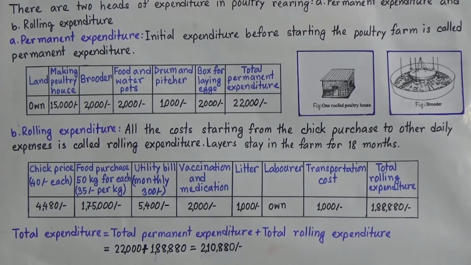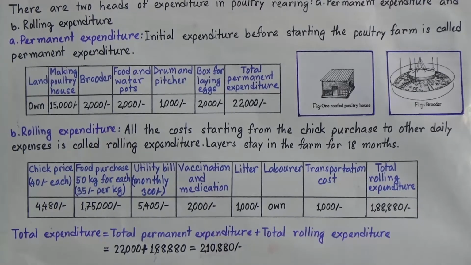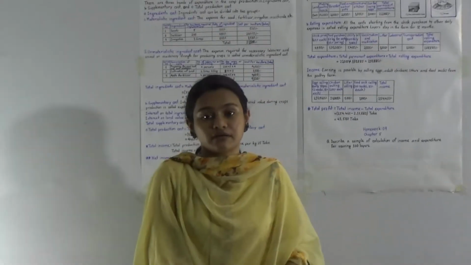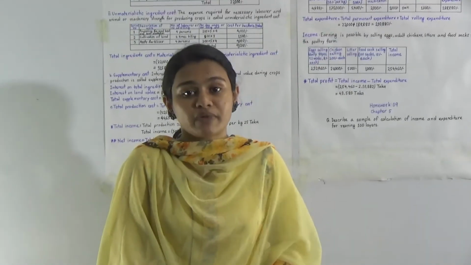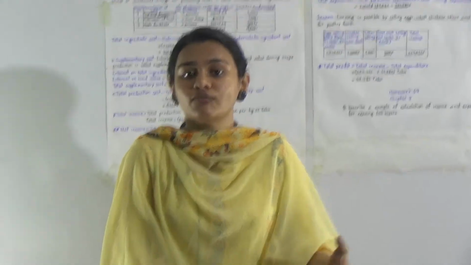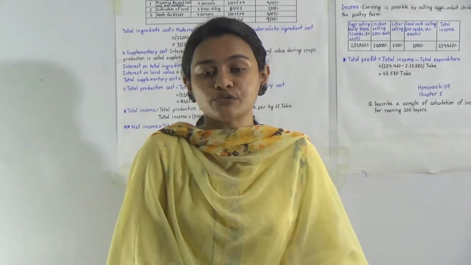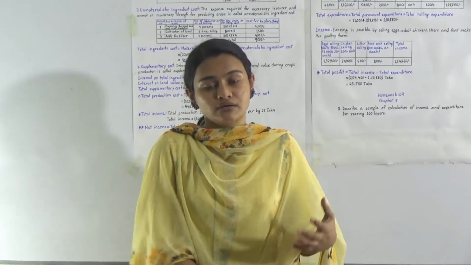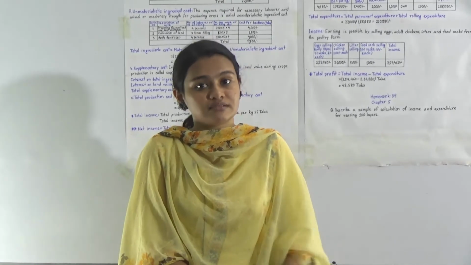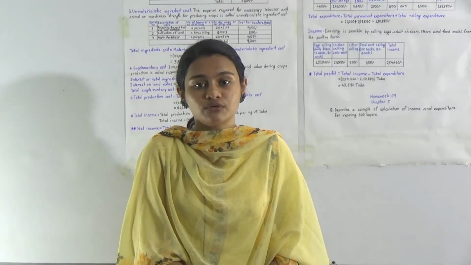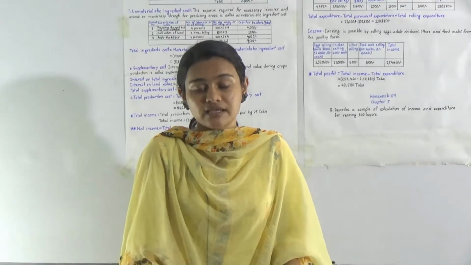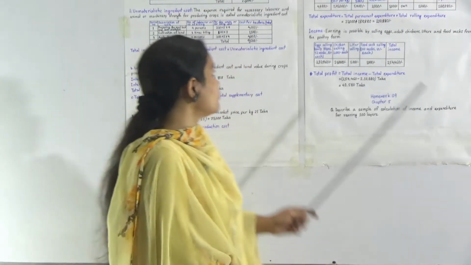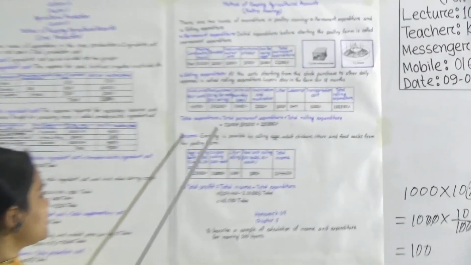Now look, my dear students, it might happen that when you nurture the poultry or the chicks, 12 chicks might die, or more than 12 chicks or less than 12 chicks. So suppose 12 chicks die. What do we need to do? We will buy 12 chicks again. So this amount is added here. So at that time it will be 112 chickens.